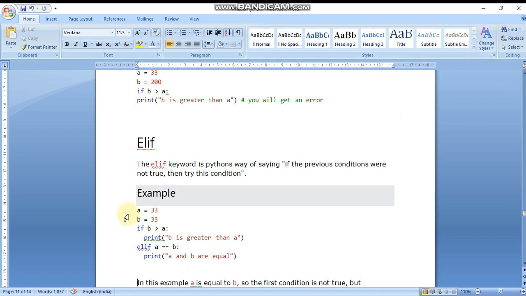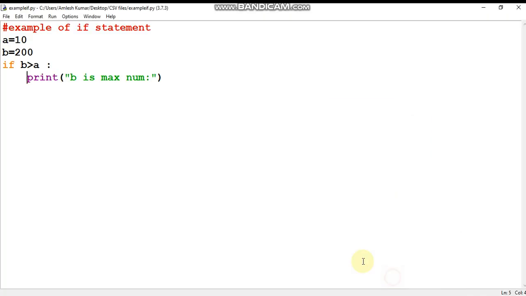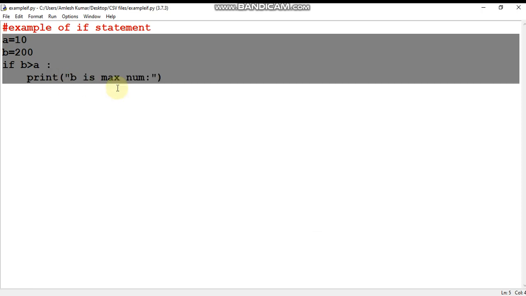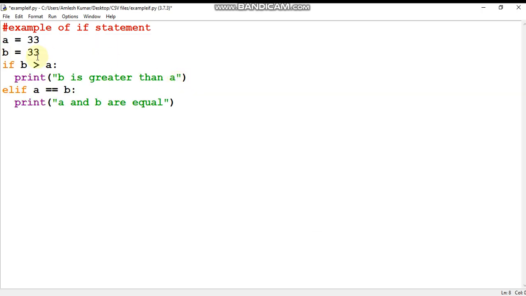I'm going to copy from here and paste it in our IDE. Now see, a equals 33, b equals 33, and now I'm checking b greater than a. If this condition is true, this part will execute, and if this condition is not true, program control will switch from here to here, and this condition will be checked.